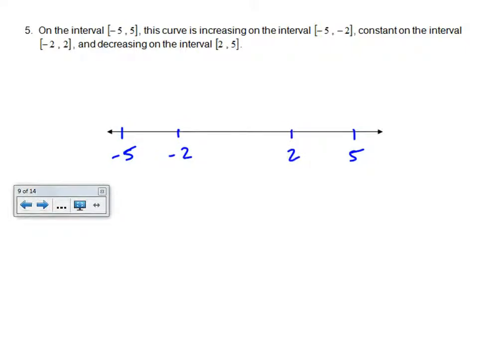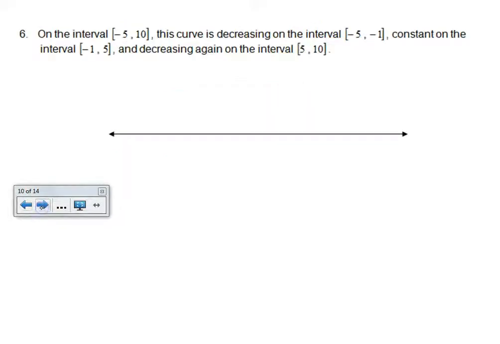Now there's a bunch of answers that you could be giving me here. I need you to graph something that is increasing between -5 and -2, constant between -2 and 2, and then decreasing from 2 to 5. So it could be lines, curves, whatever you want. I'm pretty boring, so I kind of graph the same thing every time: an increasing interval, then constant, and then decreasing. That works for me. This guy goes from -5 to 10,